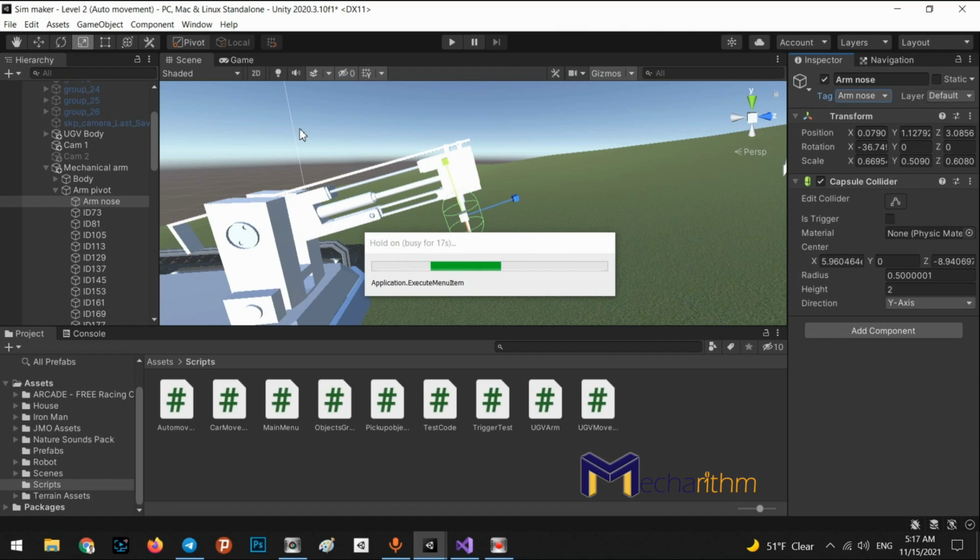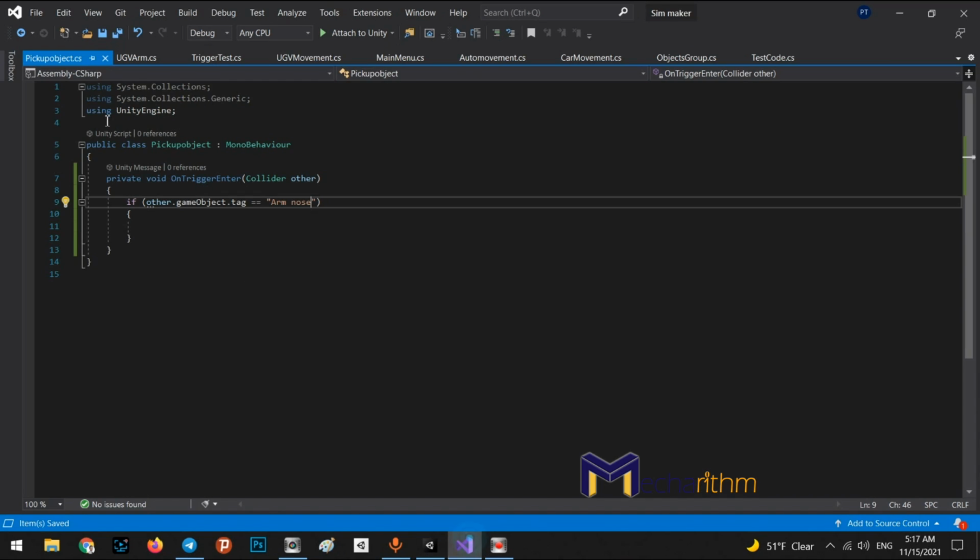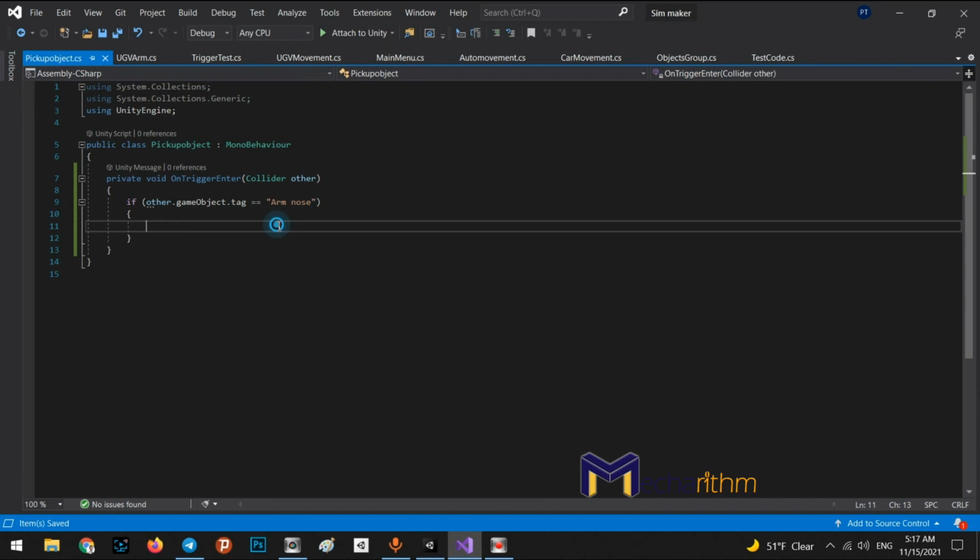We're waiting for the script to compile and save. Okay, now let's come back to the pickup object. We say if that object entered the trigger with the tag arm nose,